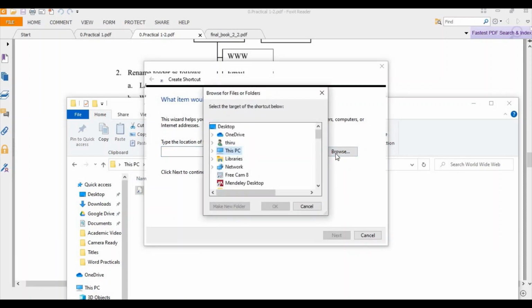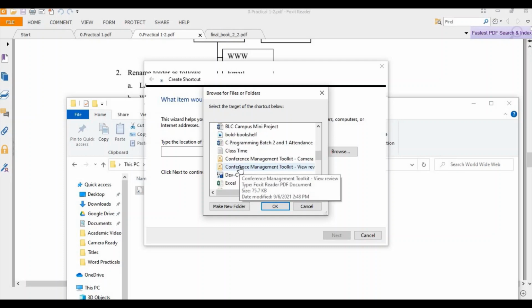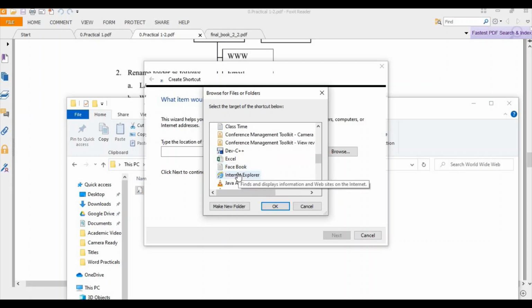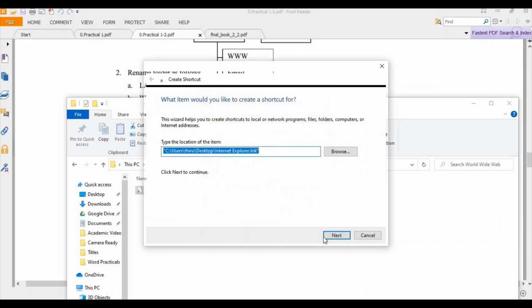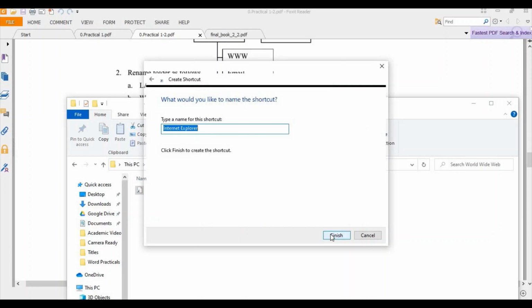Then select where your Internet Explorer is available, the Internet Explorer icon. Here in my PC, I have Internet Explorer on the desktop. Maybe in your system, sometimes you have it in the program files, inside the program files, you want to find the Internet Explorer icon, then click Internet Explorer, then give OK, then again give OK, finish.